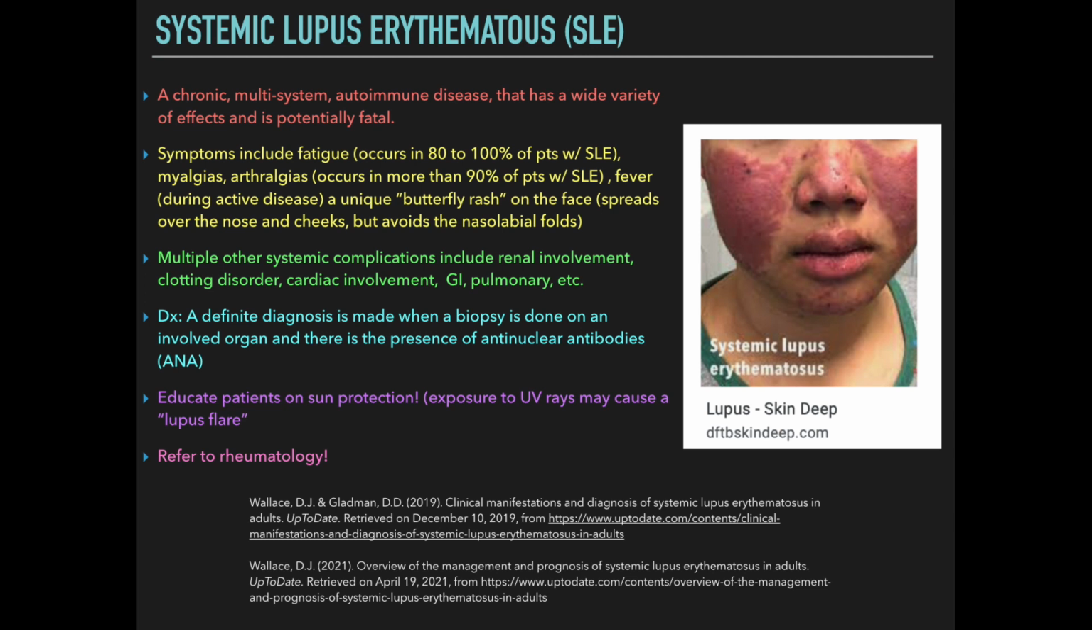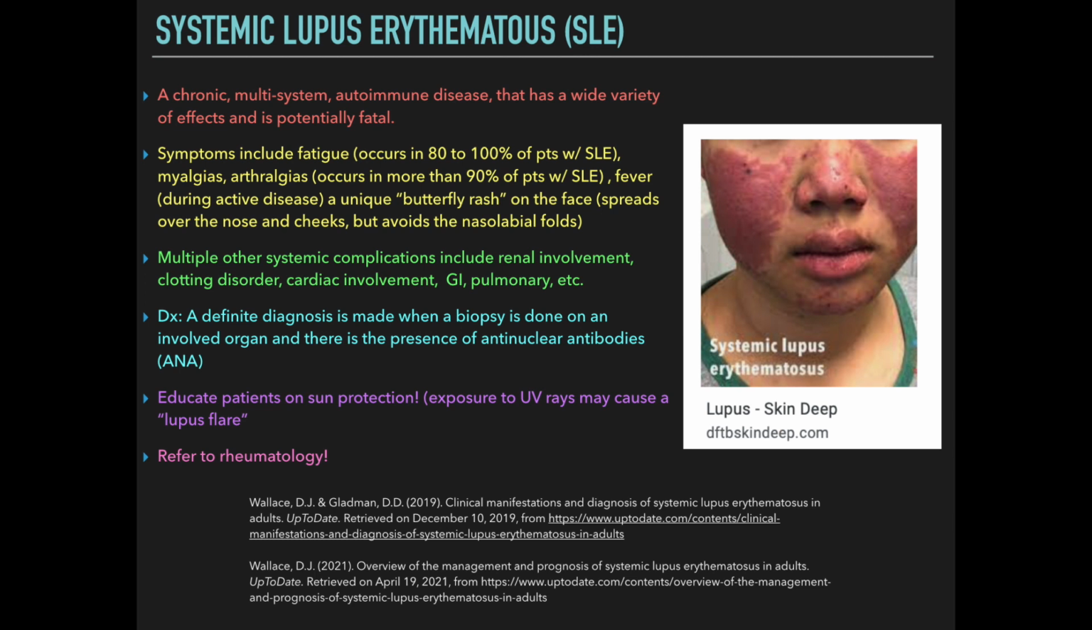So that picture shows it really well on how you don't see it in the nasolabial folds, but everywhere else is very bright red. Multiple systemic complications include renal involvement, clotting disorders, cardiac involvement, GI, pulmonary, their list goes on. So a definitive diagnosis is made when a biopsy is done on an involved organ and there is presence of